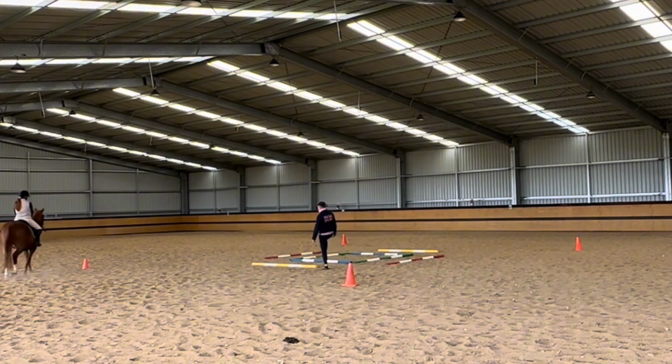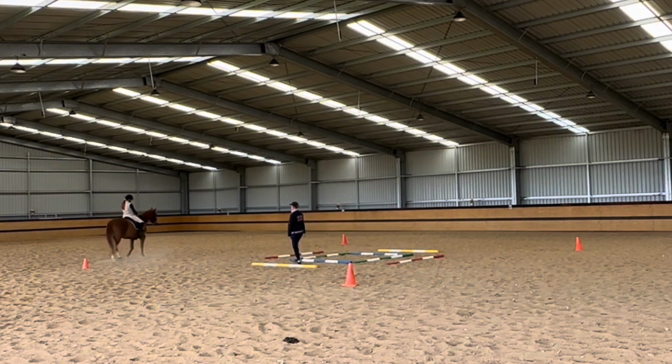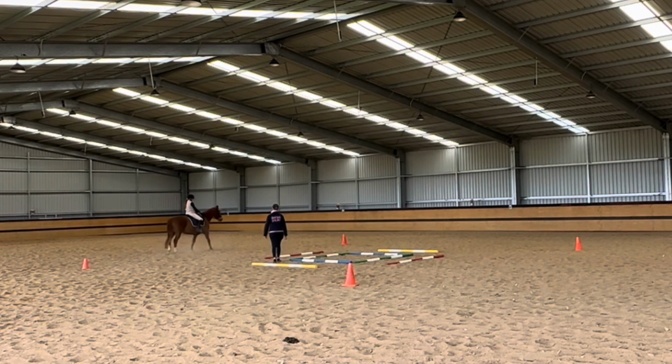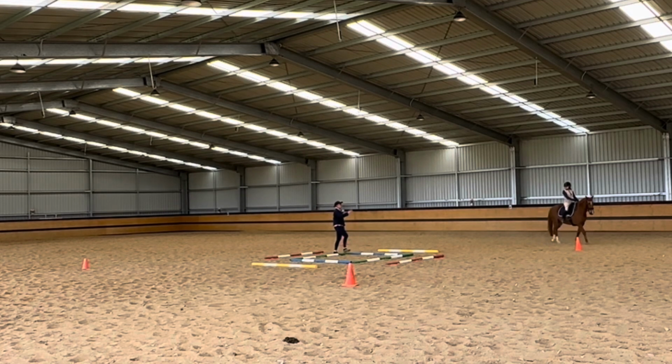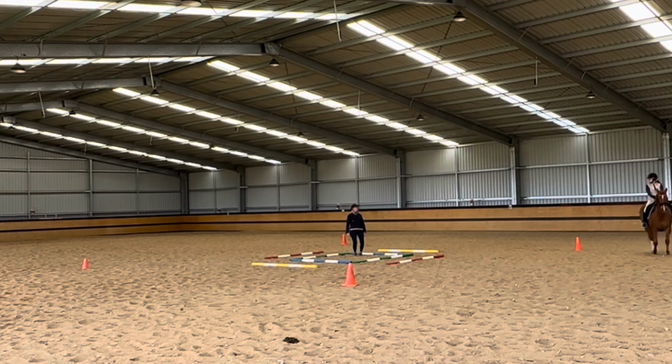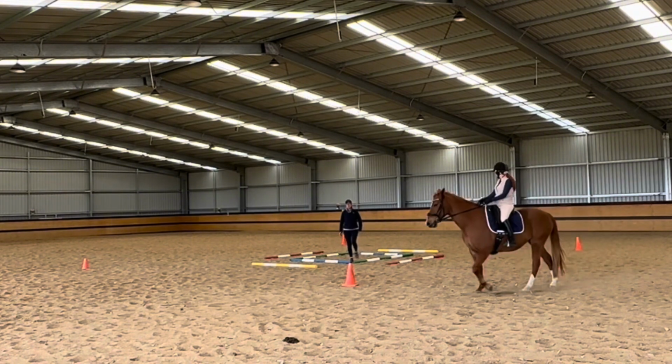And then that inside hind leg is a bit peg leg, because it's sort of on an inner track all on its own. And then you're not getting the flexion through the hip, the stifle, the hock. And that flexibility to create the adduction of that inside hind leg is part of the horse gymnasticizing, and then starting to be able to sit on its bum, because it's learned, I can bend my legs, because I'm stepping under. Now, if you just park there,